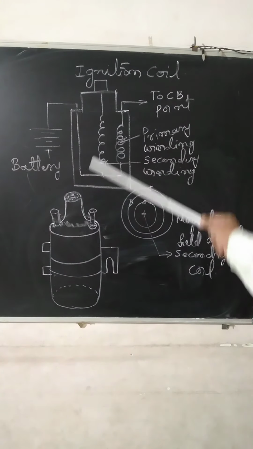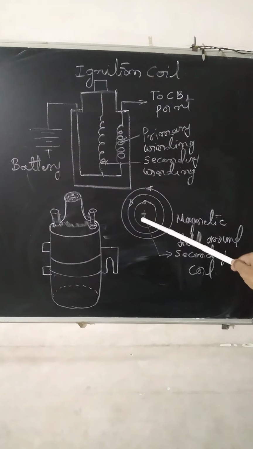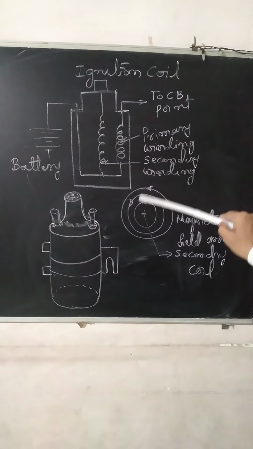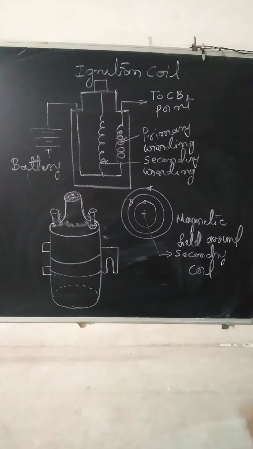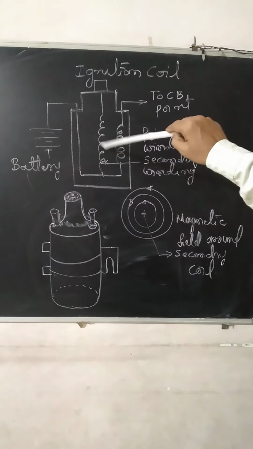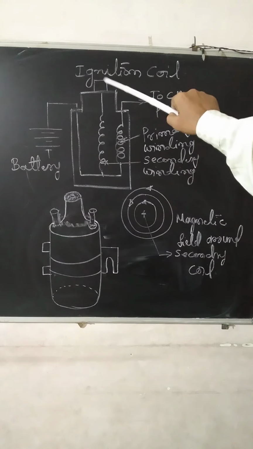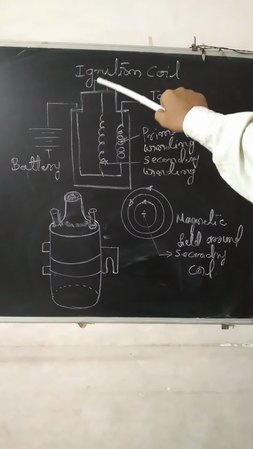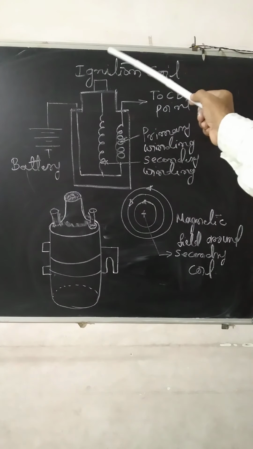Now what happens is, when the 12 volts of the current is stored in the primary winding, at the center there is a secondary winding. The secondary winding is stationary and the primary winding is surrounding it. So from one conductor to another conductor, a magnetic field is developed over here. Now when the magnetic field is developed, a magnetic surge will develop, with the result that the output is going to be around 18,000 to 20,000 volts, maybe more than that. It is 25,000 nowadays. The ignition coils produce over 30,000 volts.